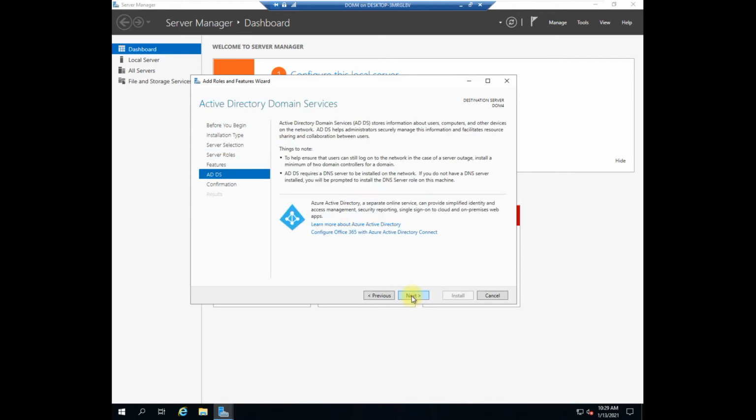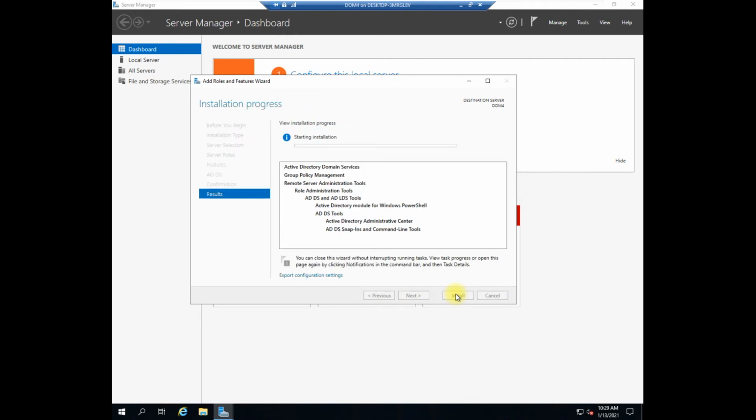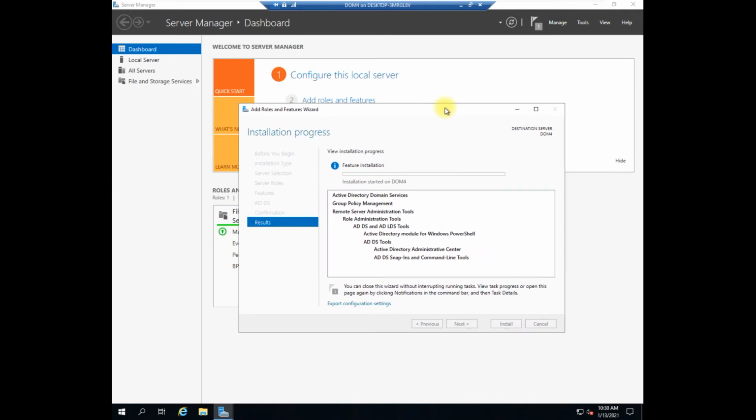You have to wait for some time to get everything installed. Once the installation is completed, we'll go for the configuration of our domain. I'm not going for the lab.local, I'm defining a different type of domain over here, just to explain to you how to configure a domain. So right now this feature is getting installed on our server, and once it's completed, we'll go for our next step, that is we have to create a new domain, and this server is a part of it, and I can say that it's treated as a domain controller.